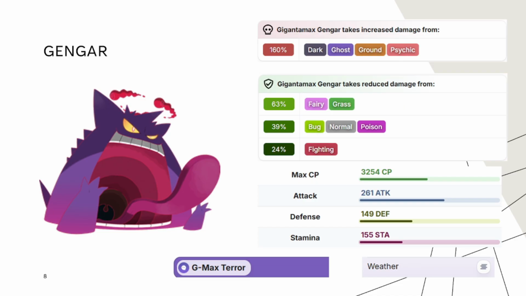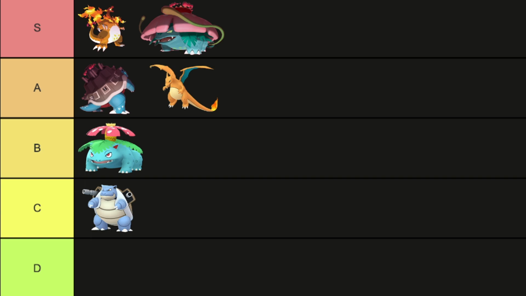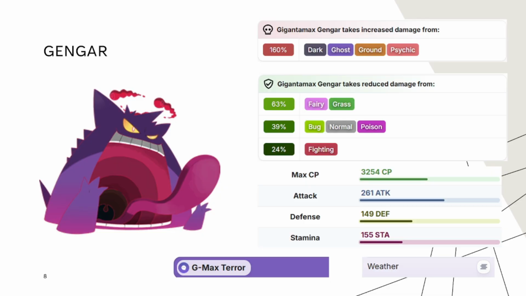Gengar, our favorite ghost, is weak to dark, ghost, ground, and psychic, and is strong against fairy and grass. Double resist bug, normal, and poison, and triple resist fighting. With that triple resist and its massive attack with Ghost, even though generally they tend to be weak against each other, because it has such a high attack, even when it's neutral against it, neutral will give you some good damage overall. And with its high amount of resistance and a triple resist, it is still solidly in the